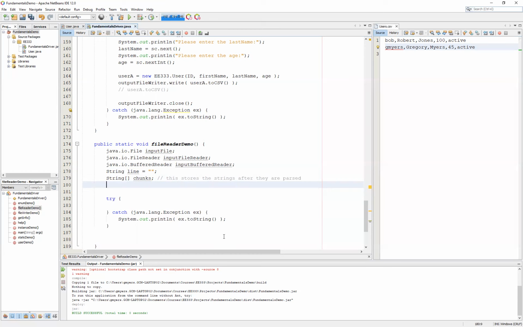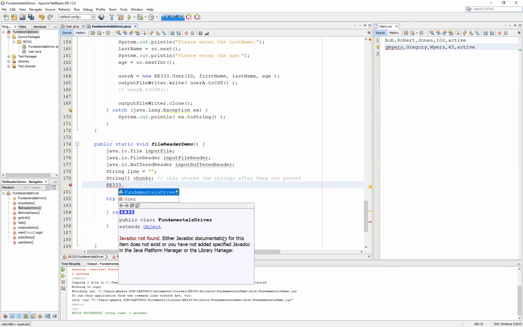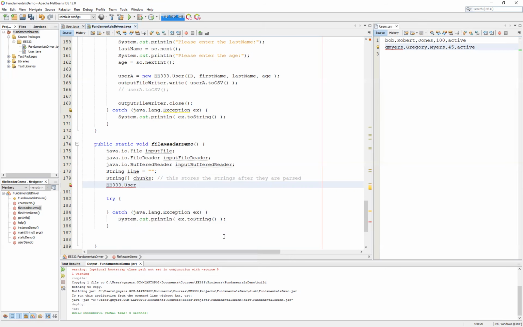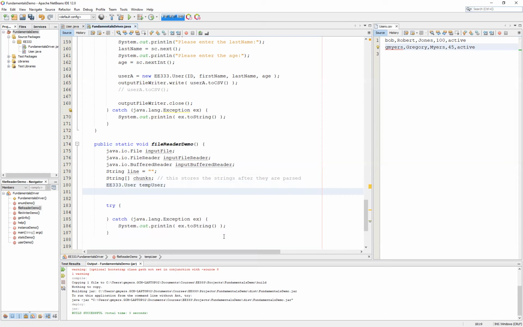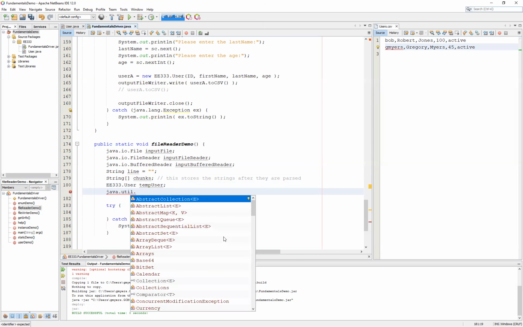To do that, we need two other variables here. The first is going to be an EE333 user, and we're just going to call this one temp user. We are, in fact, not going to initialize this because we need to collect the information before we can initialize it. And then the next thing that we need is an array list, and specifically